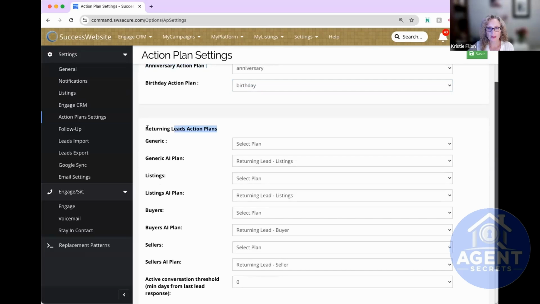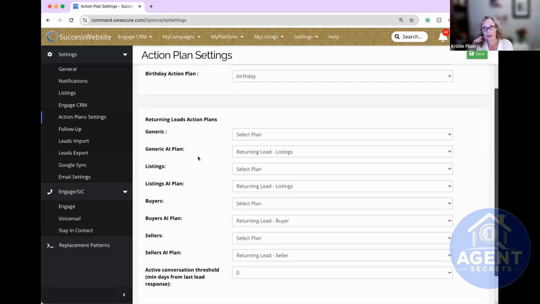And then we also have this section for returning leads action plans. So this is where you can tell the system to assign an action plan when leads are returning, and that could be for viewing property, or for coming back and requesting more information.